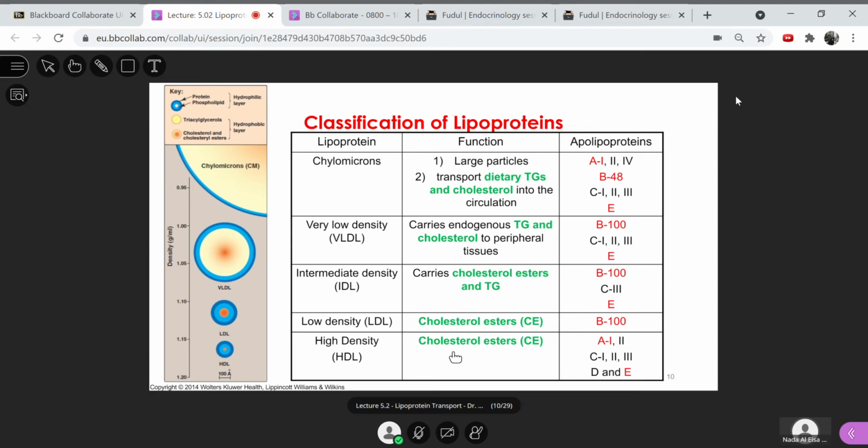High density lipoprotein, the characteristic apolipoprotein is A1, ApoA1. But it also carries other apolipoproteins for other functions. We will come across it in a bit. As you may know already, the higher the lipid content of a lipoprotein particle, the larger the size and the lower the density. And the more the protein content, the smaller the size and the higher the density. Okay,